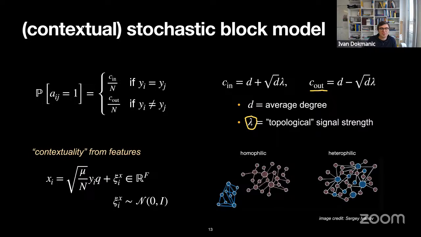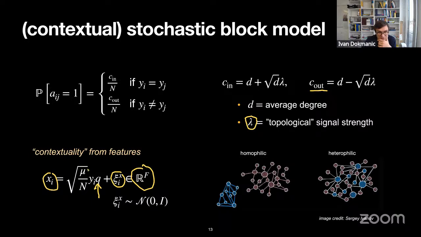Now, contextuality comes in when we do graph neural nets, graph convolution networks, etc. We want to analyze them, and we would also like to have some features. So here's a really natural way to define features. To each node, we'll associate a feature vector, which is f-dimensional. We call it xi. And this feature vector can be in the direction of some vector q, where q is an f-dimensional vector, or in the direction of minus q, if yi happens to be -1. So basically our features are either plus q or minus q, corrupted with some Gaussian noise. So this is a latent Gaussian mixture model. We don't know q, we don't know this direction. It's part of the problem.